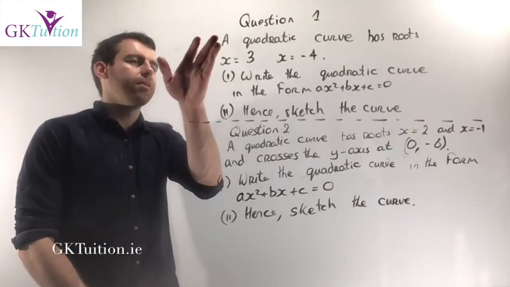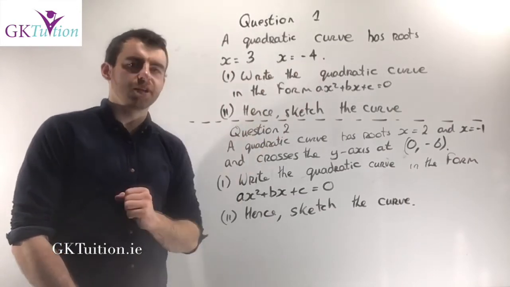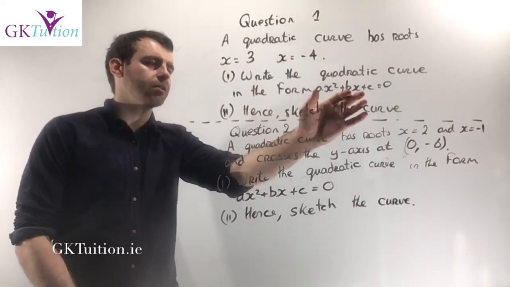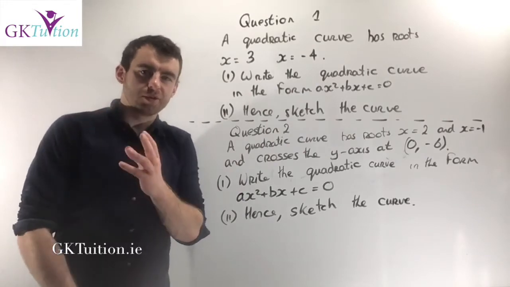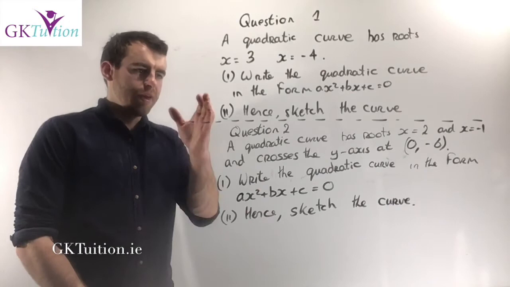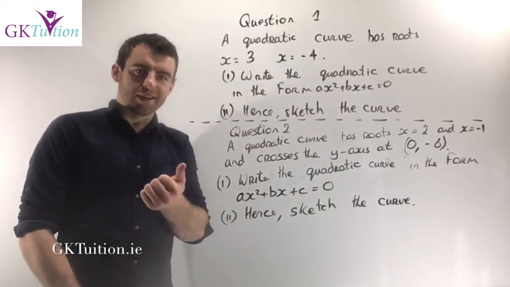The first one I have here says a quadratic curve has roots x equals 3 and x equals -4. I want you to write the quadratic curve in the form ax squared plus bx plus c. I want you to use both methods. I want you to try it twice, use both of the methods I showed you at the start of this video. And then I want you to sketch the curve